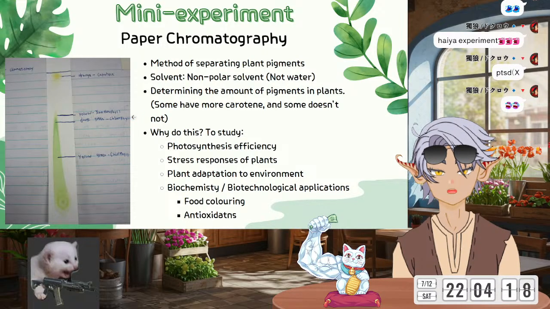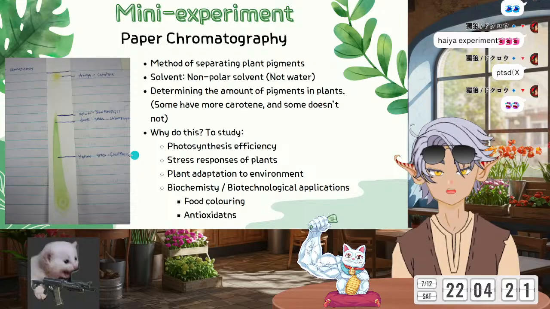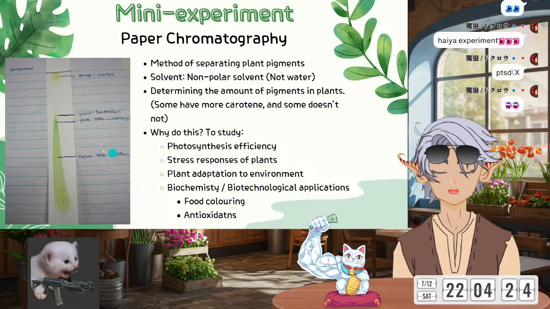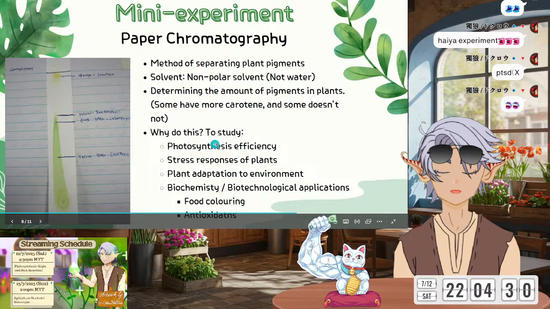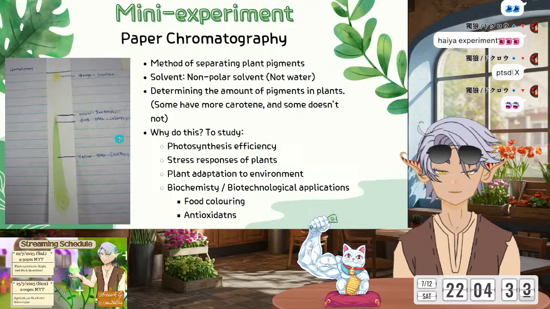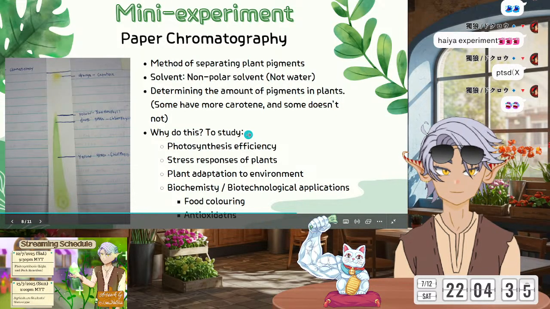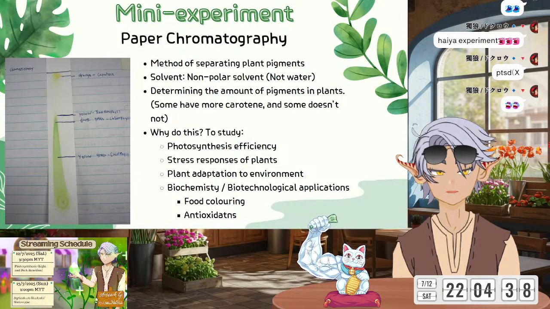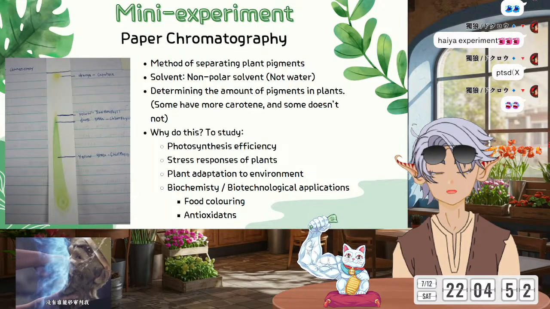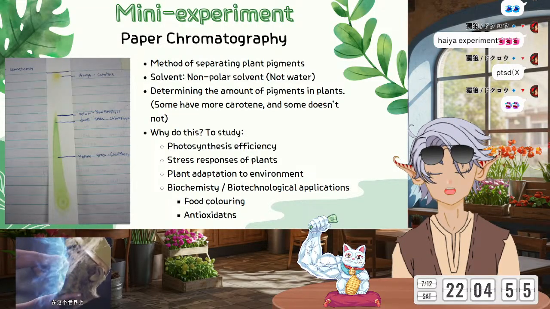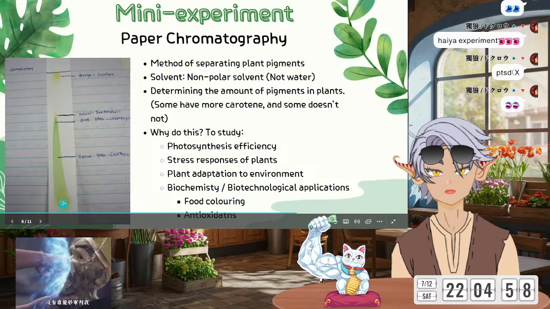Dark green is chlorophyll A, and yellow green is chlorophyll B. So in this experiment, what is the concept? You put the vegetable and blend it until it is very concentrated, breaking up all the cell walls using the acetone. It is to break it down until very concentrated. Then you put it on one point here.